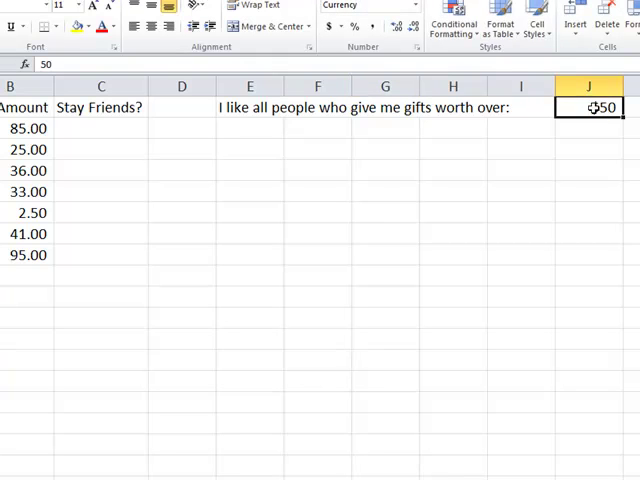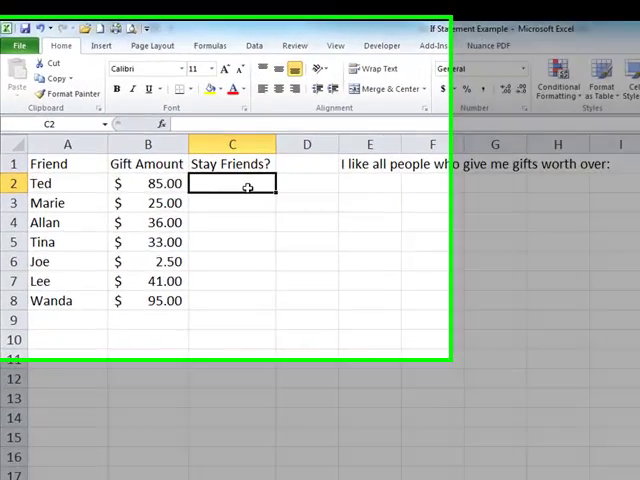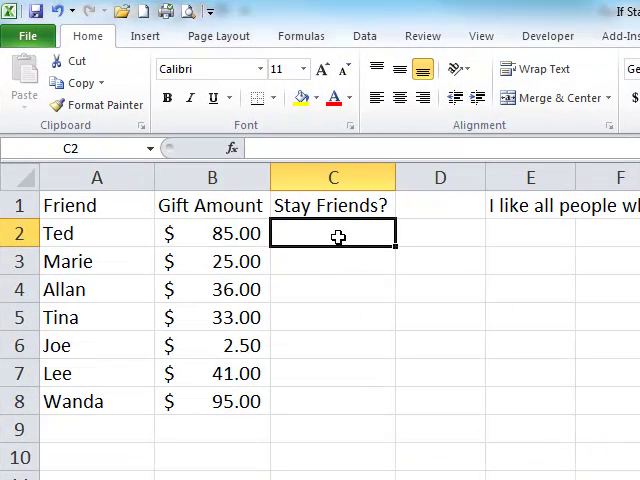So you can see in J1, I put in my dollar amount that will determine whether or not they can stay friends with me. And that means that I can create an if statement in this cell here that will say yes or no, or maybe say nothing. I'll say yes or I'll say nothing. Okay, so